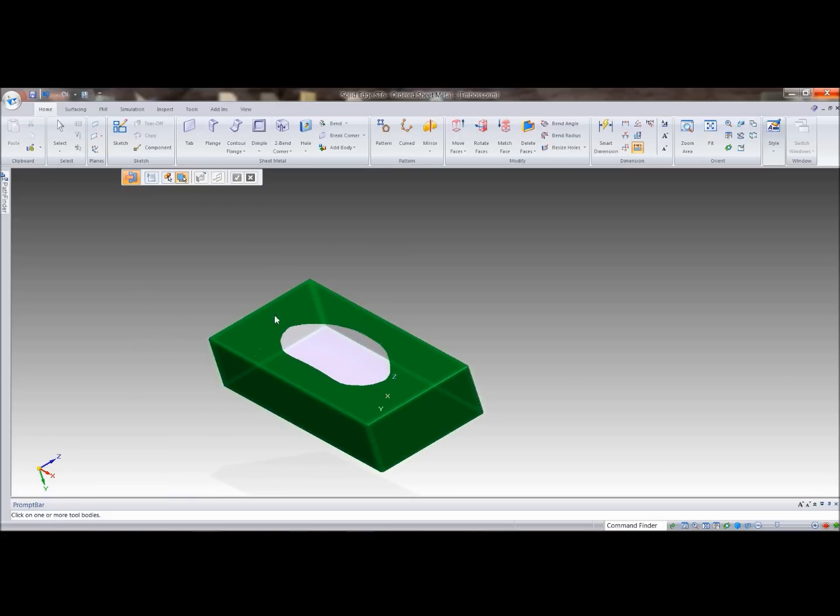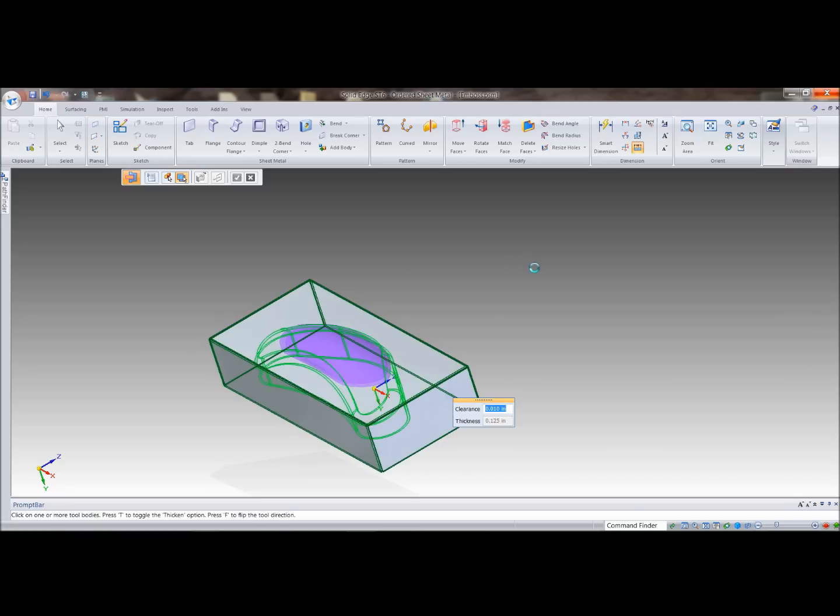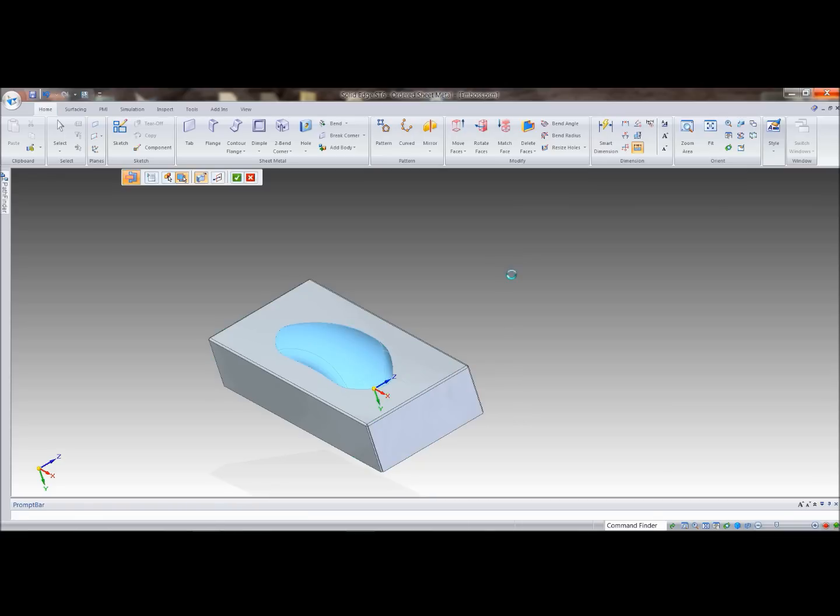Now it's asking for the tool body or bodies, and this could be more than one body. But I've only got one body, so I'm going to go ahead and tell it a clearance of maybe 10 thousandths. I want the thing to clear it by 10 thousandths, and